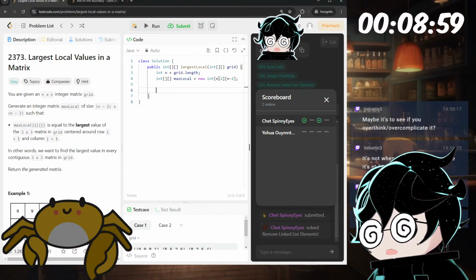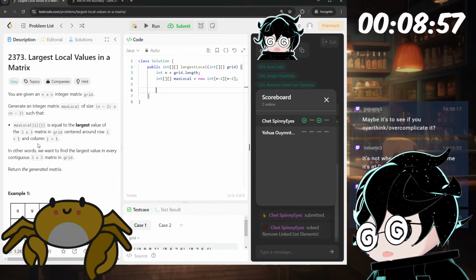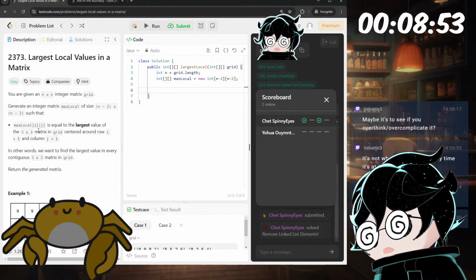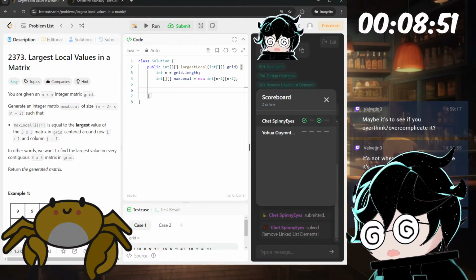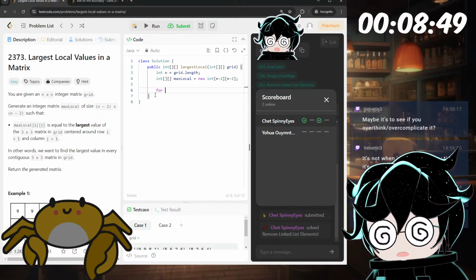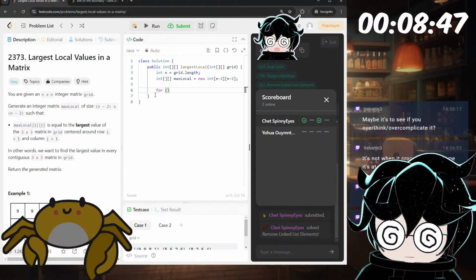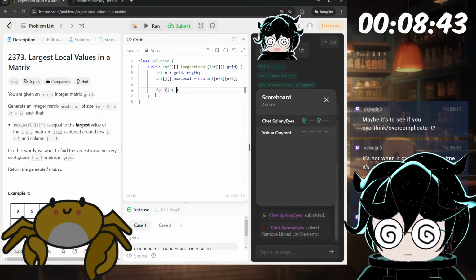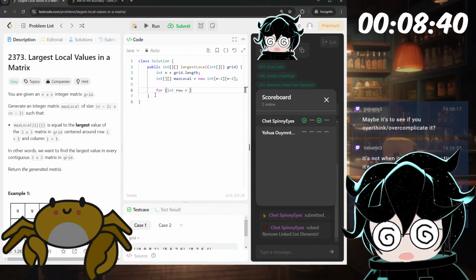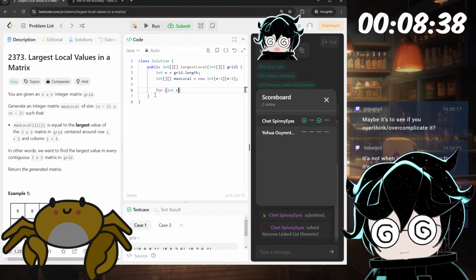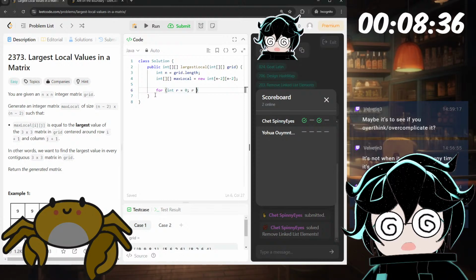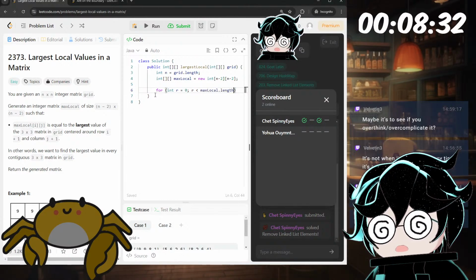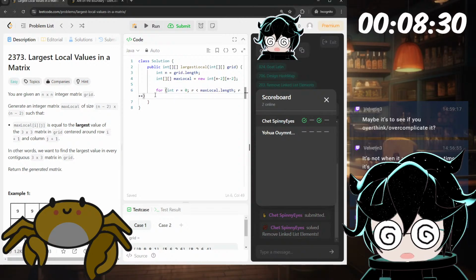So we're going to have to iterate for row equal to 0, while r is less than maxLocal.length, r plus plus.